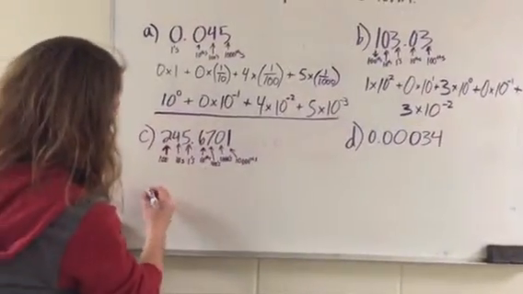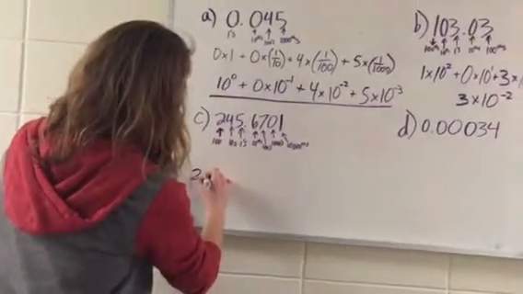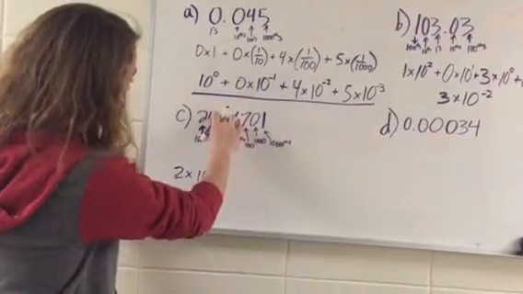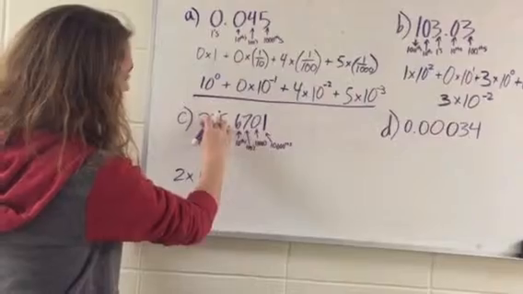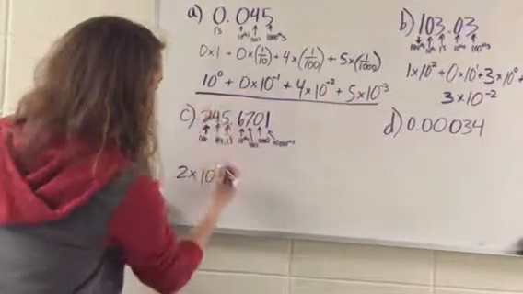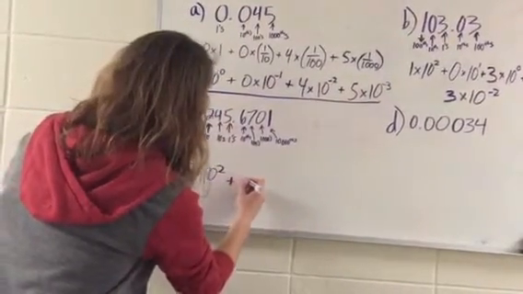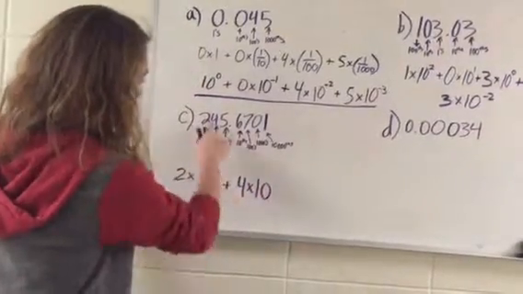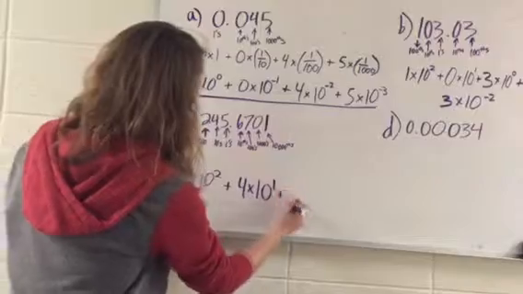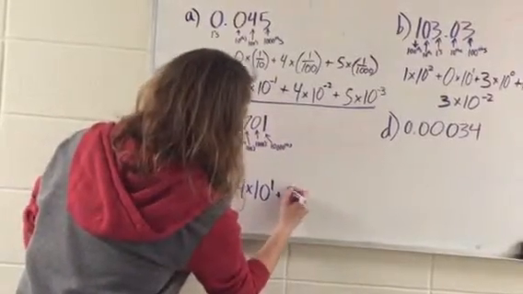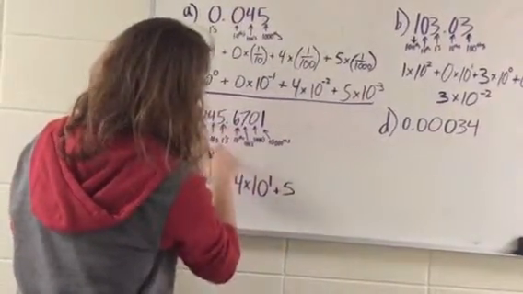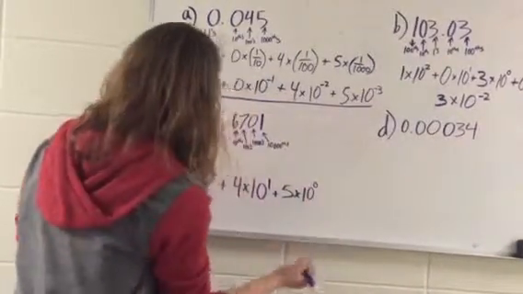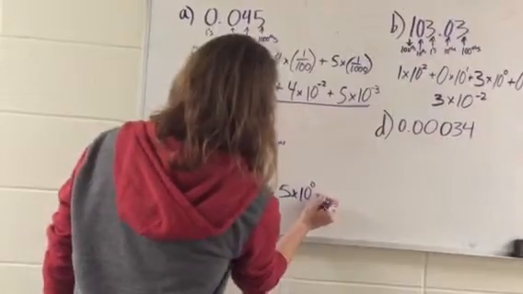So we start with our 2 times 10 to the what? So this would be 10 to the 0, this would be 10 to the first, so it's 10 to the second, plus 4 times 10 to the first, plus 5, that's our value there, and it's in the ones place, so we're going to do times 10 to the 0th power, plus